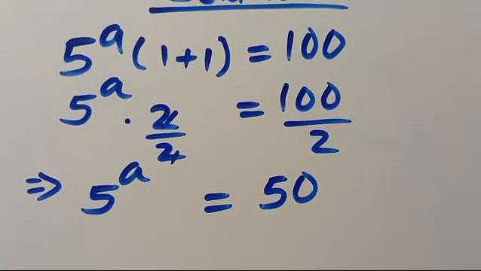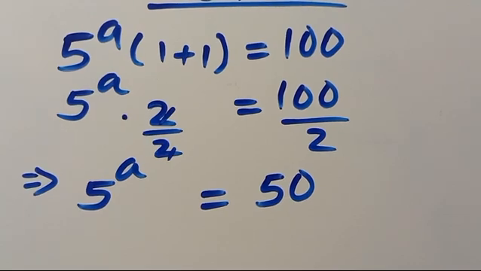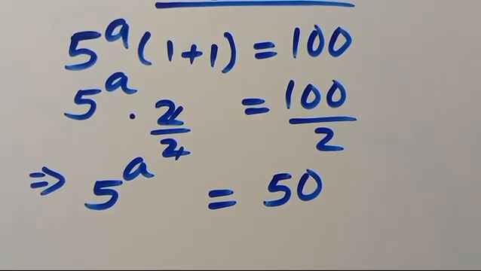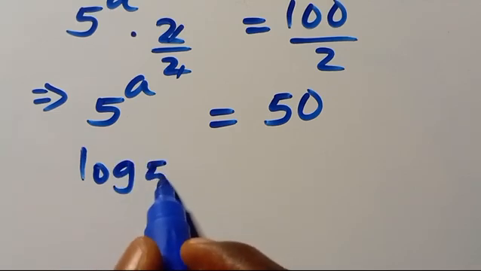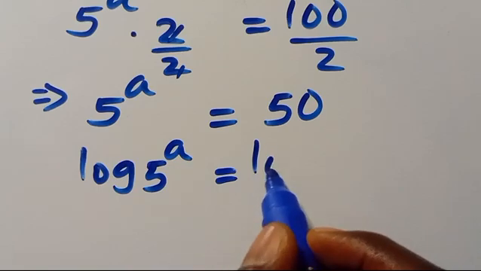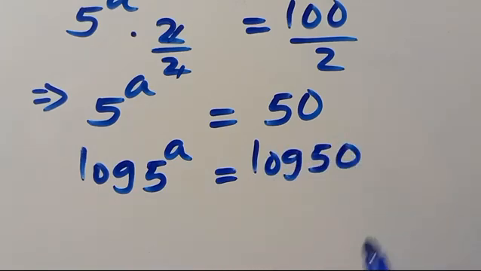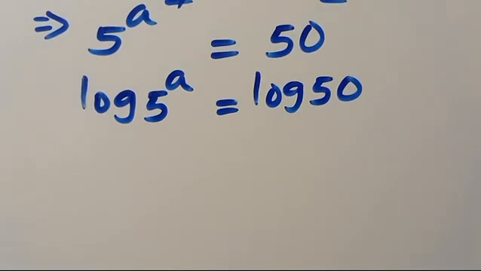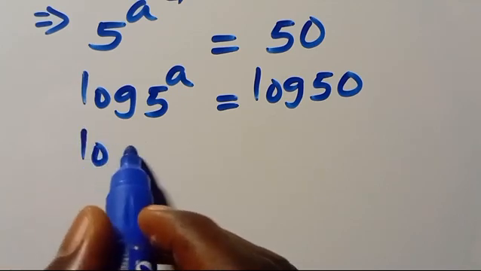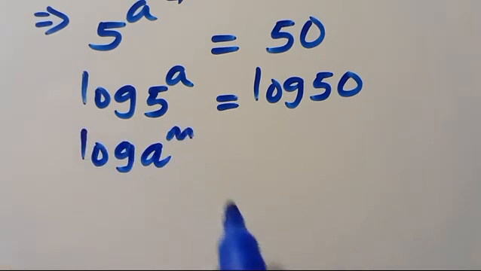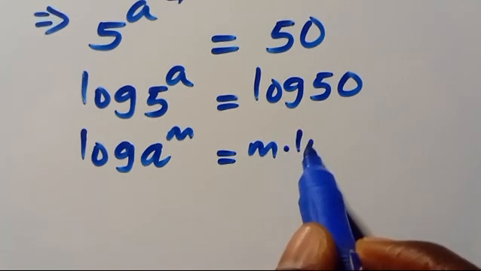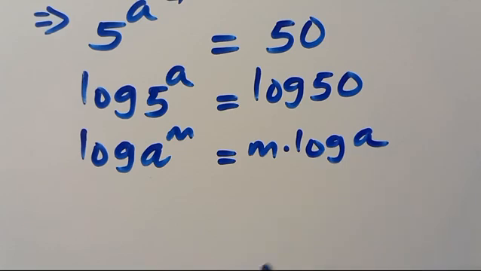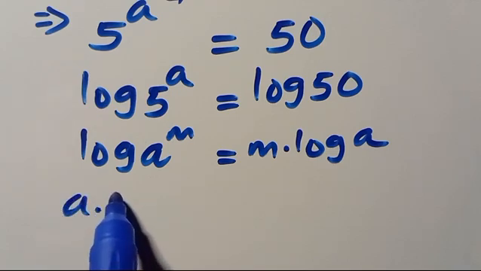So from here, what we can do is to introduce log to both sides of this expression. So we are going to have log 5 to the power of a equals log of 50. Then let us recall when we have log a to the power of m, this power m will come down as m times log a. So from here, we are going to have this to be a times log